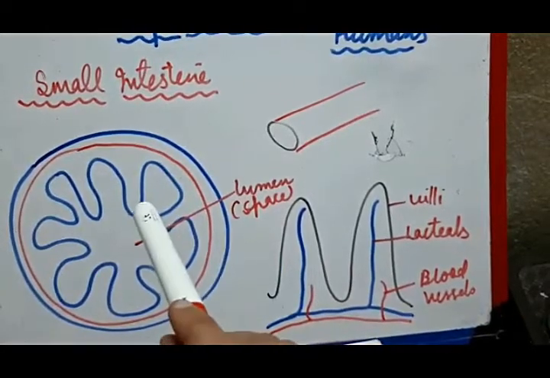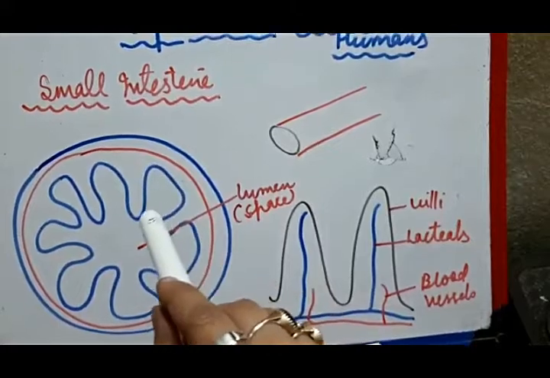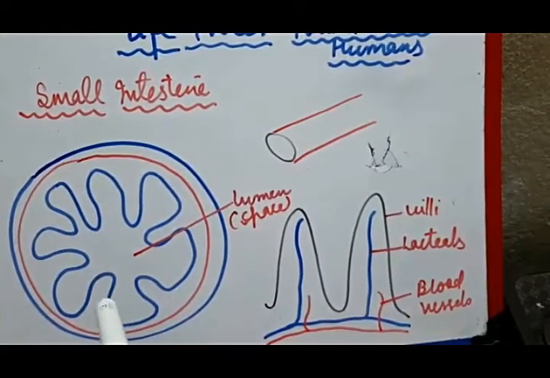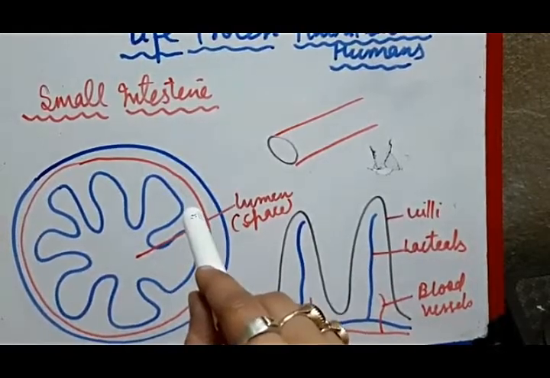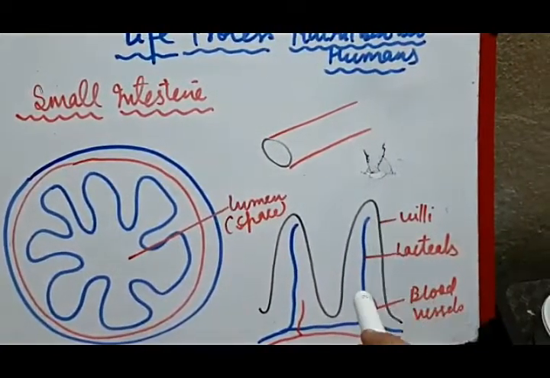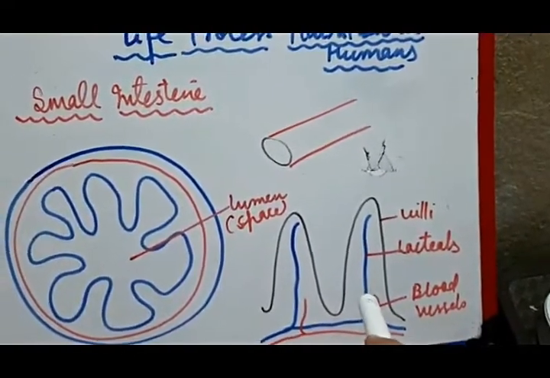Food is digested here, then absorbed by these villi, and from the villi the food is absorbed by the blood vessels. Now what is the role of the lacteals? Lacteals are the ducts which